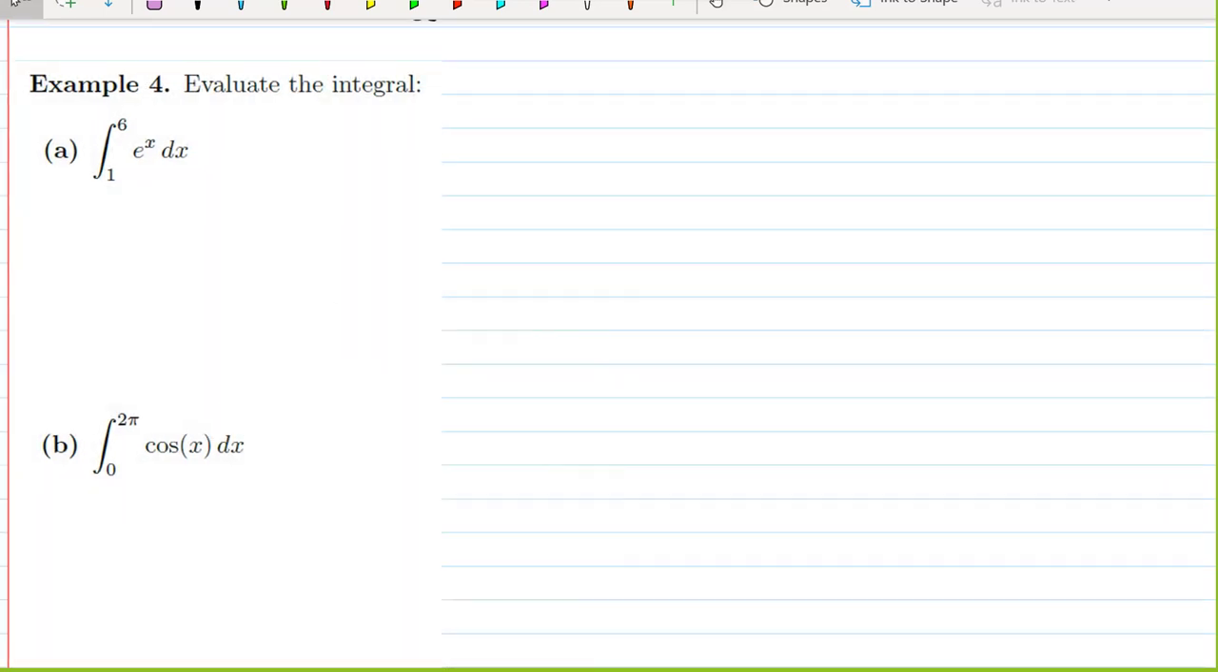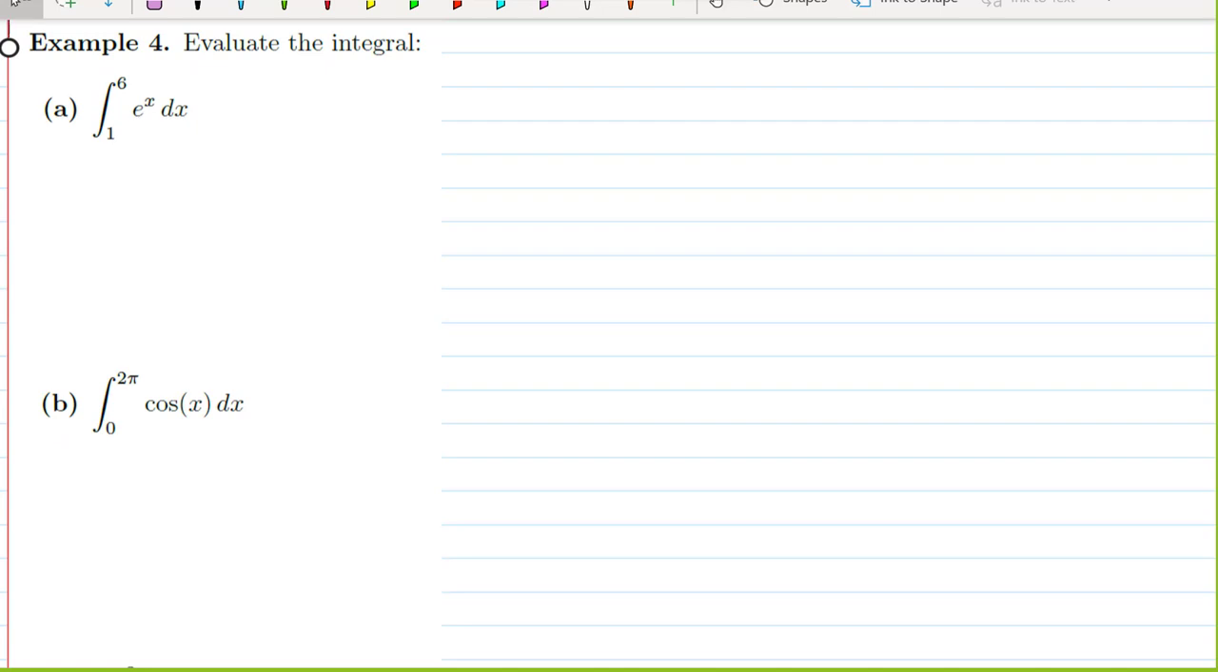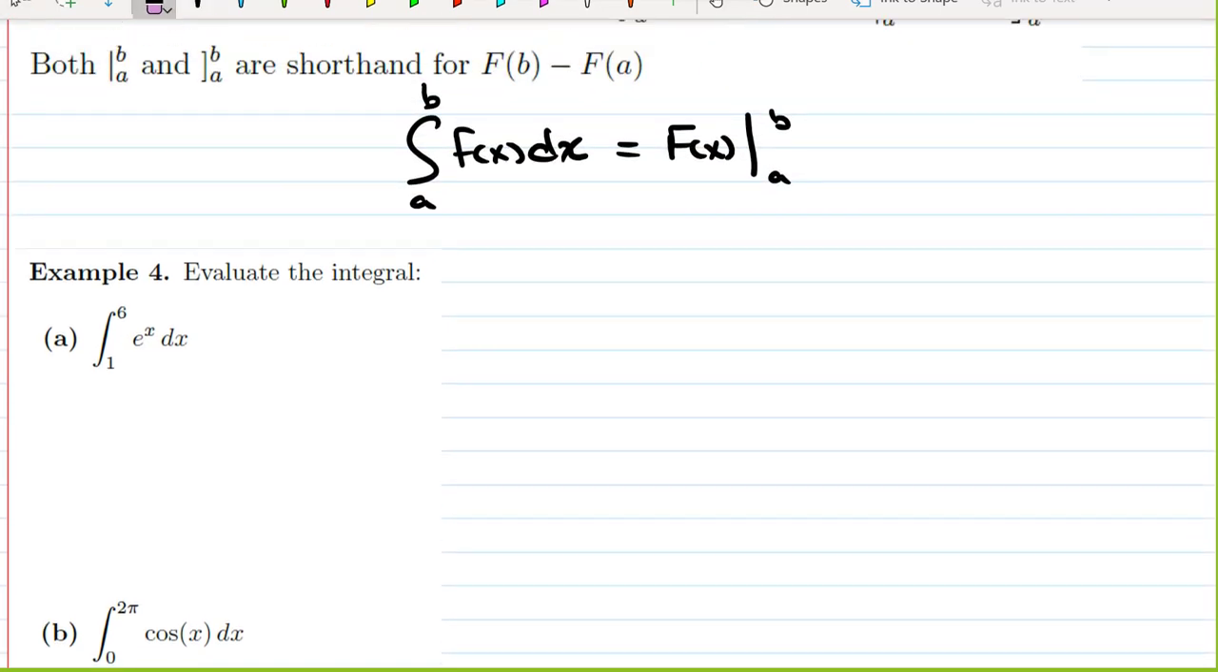So we wish to evaluate this integral. We have the integral from 1 to 6 of e to the x dx. So we need an antiderivative of e to the x. An antiderivative of e to the x is e to the x, and then we evaluate that from 1 to 6. So it's going to be f of b minus f of a, so it's e to the 6th minus e to the 1. So e to the 6th minus e will be our